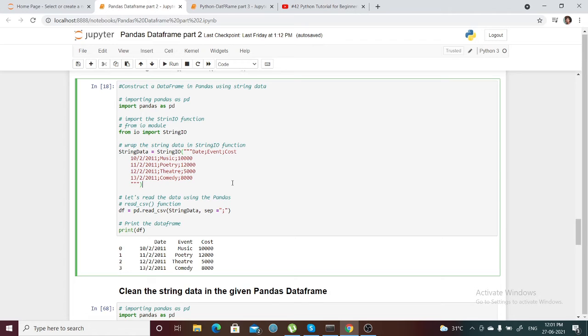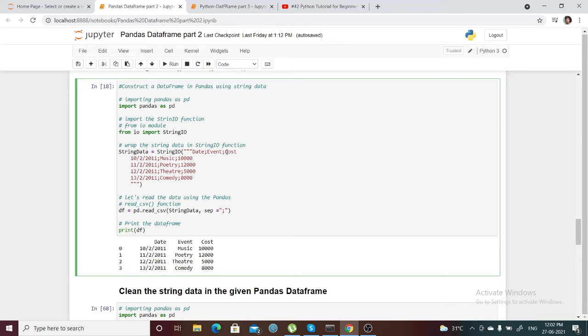Okay, so let's work with the string values. How is it going to work with string values? I have to import the module for string input output, because in a data science end-to-end project, we are going to take data from different sources. You can take data from your internal databases, or from third-party APIs. So the data may come in very different formats. If it comes as string values, like comma separated values or semicolon separated values.